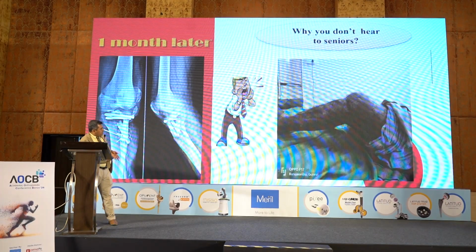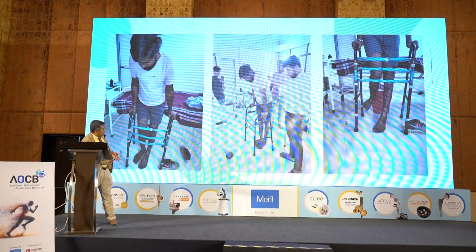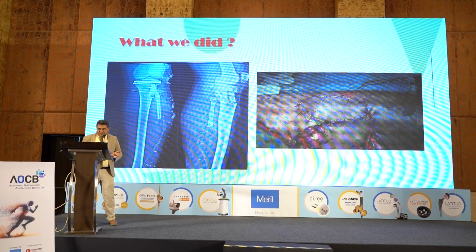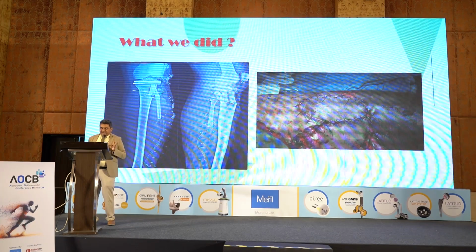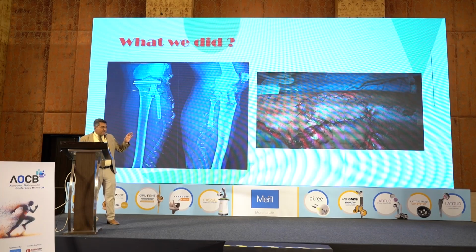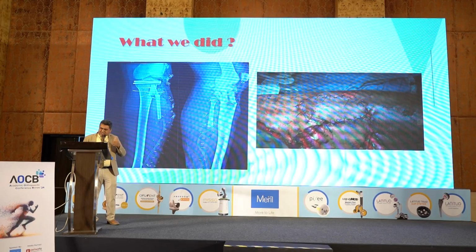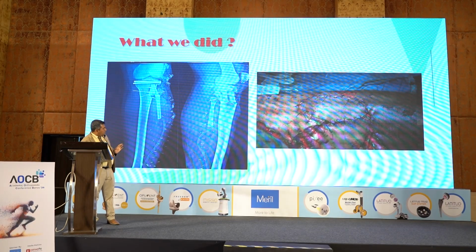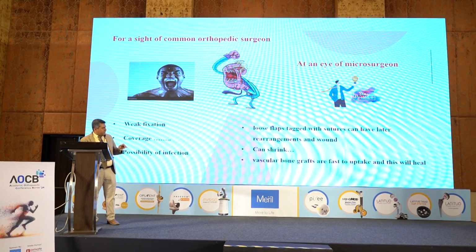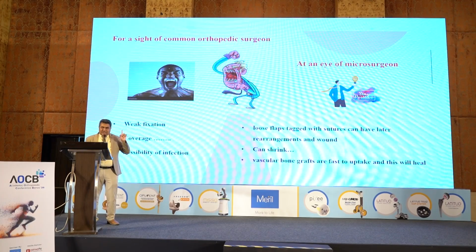Actually, the actual picture was the initial picture. This one was the picture. We had to leave certain tissues open, because if we tighten or make it tight, everything will fail. That was for sure. So for a person who knows microsurgery, it was okay on my side, because I believe